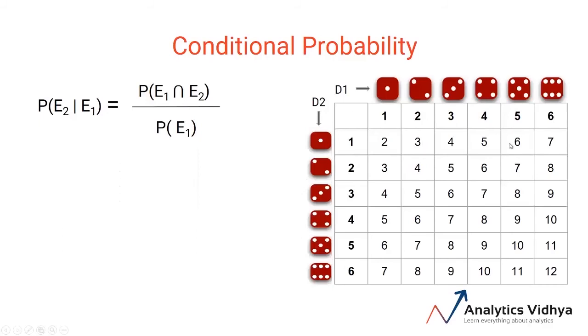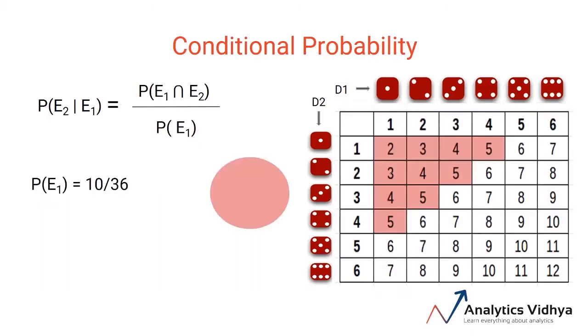So here we have all the possible outcomes that we can get by the throw of 2 dice. Now out of all these 36 values, what is the probability of E1? It will be the numbers which have sum less than or equal to 5. So these numbers, I will highlight this for you. So we have these 10 numbers here which have the sum less than or equal to 5. So the probability of the event E1 can be written as 10 by 36.